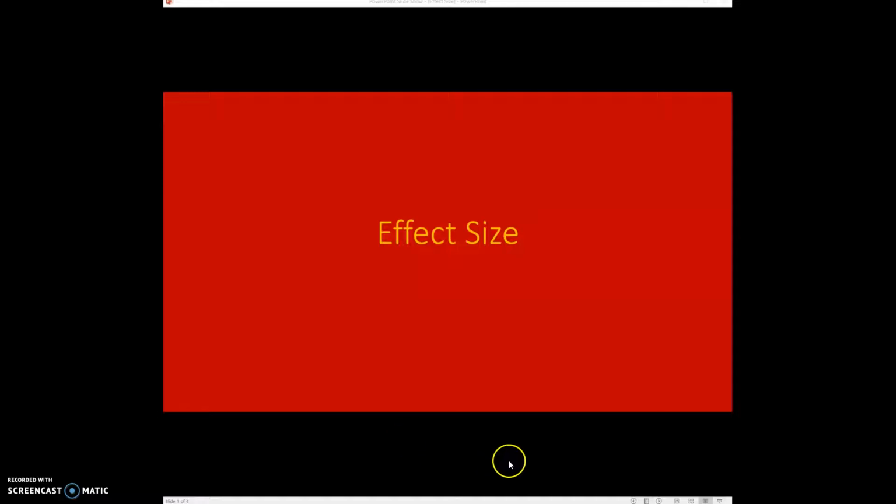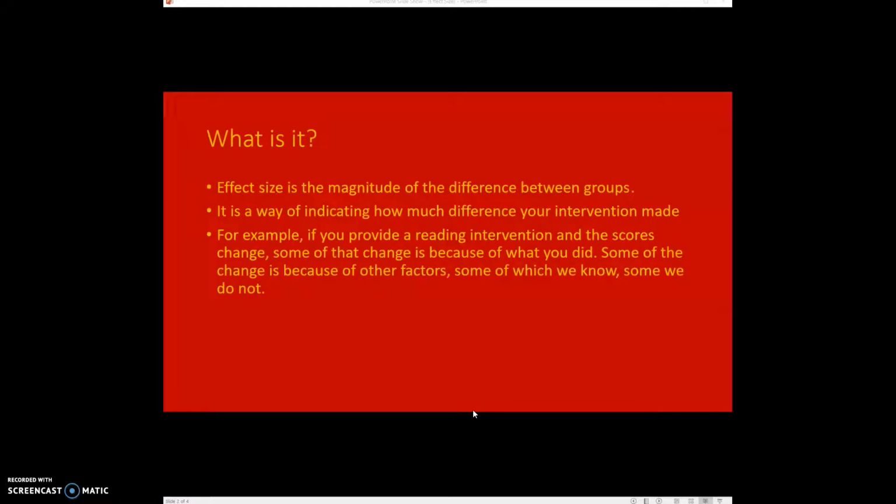Okay, very briefly, we're going to talk about effect size. Effect size has kind of become the standard for trying to explain the value of any given research findings. It shows the magnitude of the difference between groups, a way of indicating how much difference your intervention might